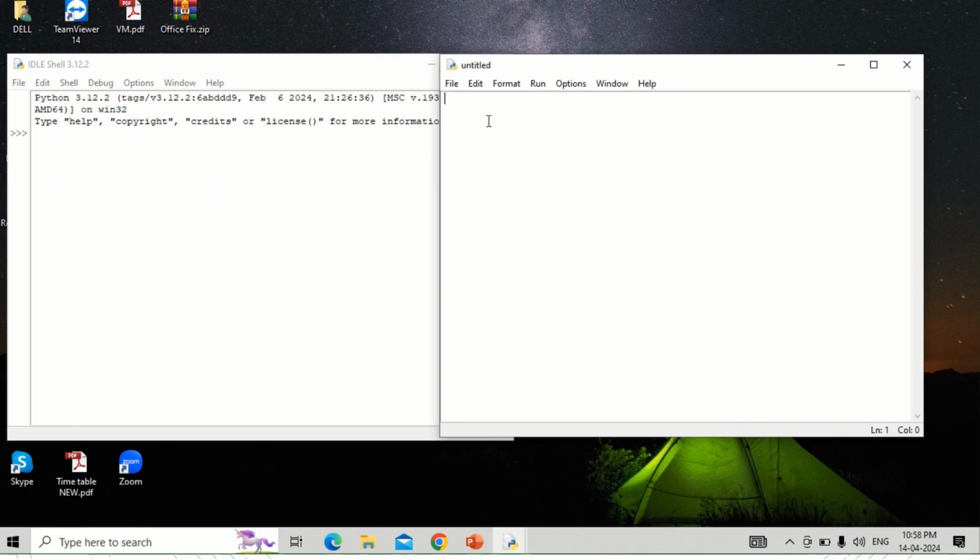So here first I will write hash, that is a comment, to find sum of two numbers. Then I will write the program. First I want to display a message to the user to enter two numbers, and I will store those in variables. For that purpose I will write num1 =